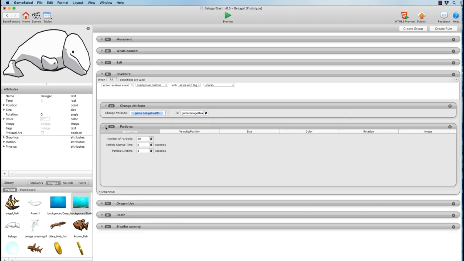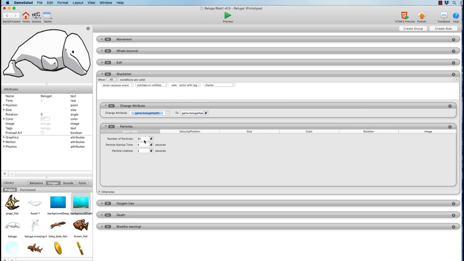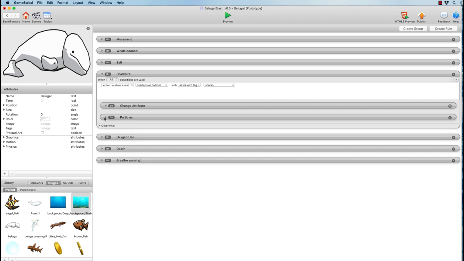And then typically, if there's some kind of a negative thing happening to the player, we should set up some kind of an alert. So here I've created something called particles. So on the event of a shark bite, we take away the Beluga's health points using the global Beluga health variable and this expression that we've set up to take away 20 to 40 points every time that happens. And then we also have the Beluga emit some little dot particles that come out of the Beluga. And I've made these just little tiny dots that are red in color, like it's being bitten by a shark. And we can use that to let the player know that they've been bitten by a shark.